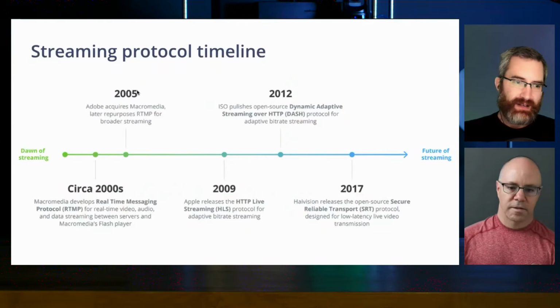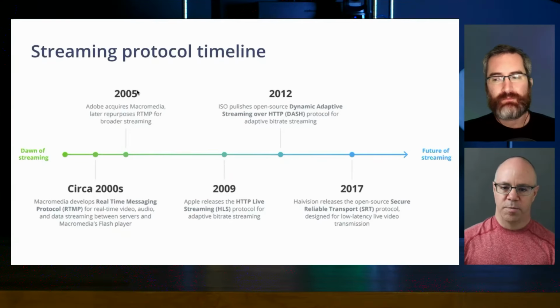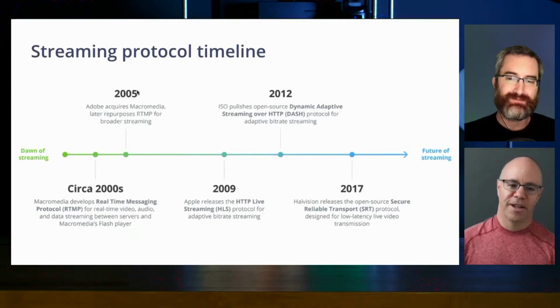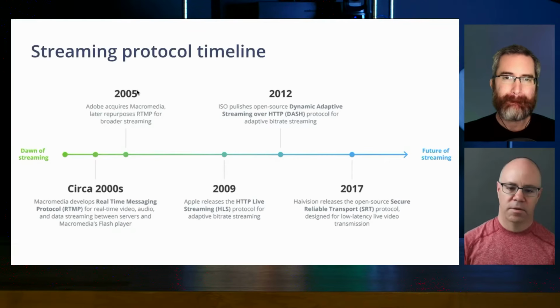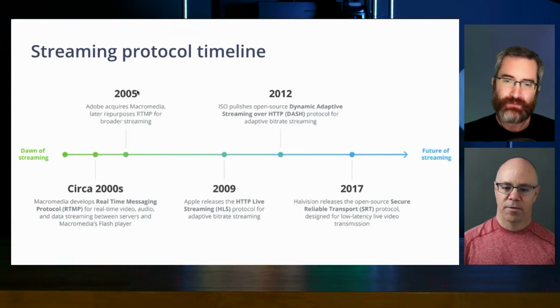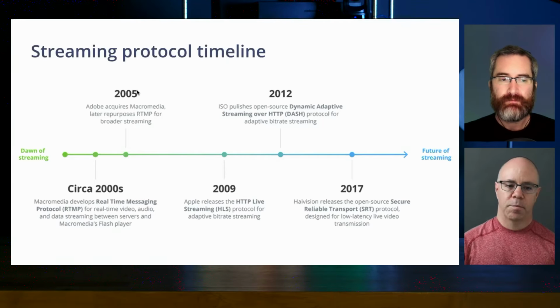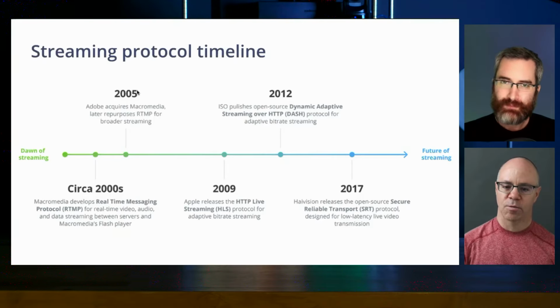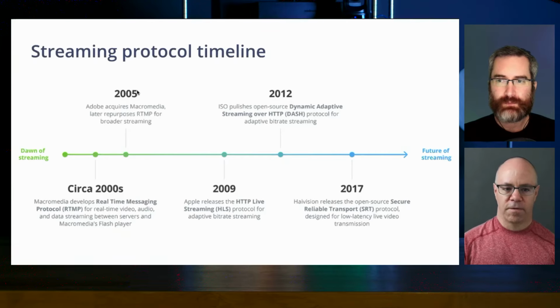So the first thing, let's do a little bit of a history lesson, I guess, Dave. Yeah. So we know that RTMP's been around a long, long time. So here we're far left of our chart. Macromedia introduced this as a way to stream data in real time. And that was pretty innovative back in that time. And it was a proprietary thing that eventually they made public after being acquired by Adobe. But it's been a long time. It's a protocol that's been there for a long time. It served us well. But our view of that protocol today is it's time to go.